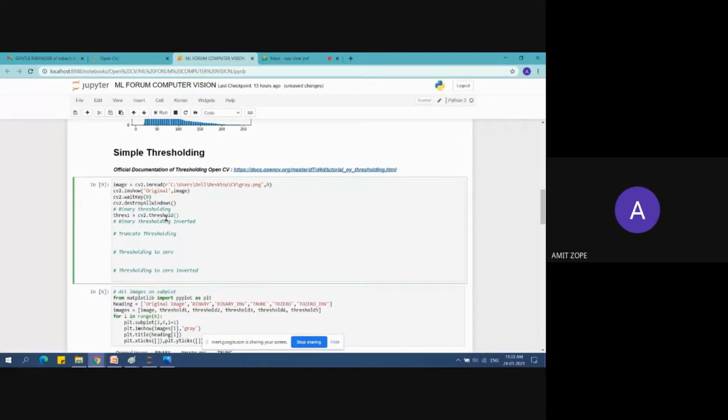The image is our image. I will change the name of the image to simple image. Simple image. Yes. The cv2 image is simple image.